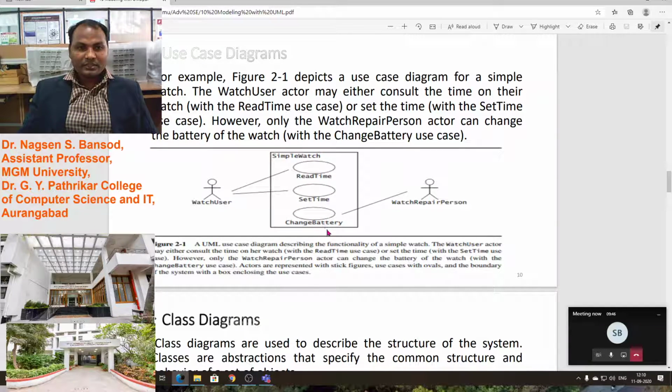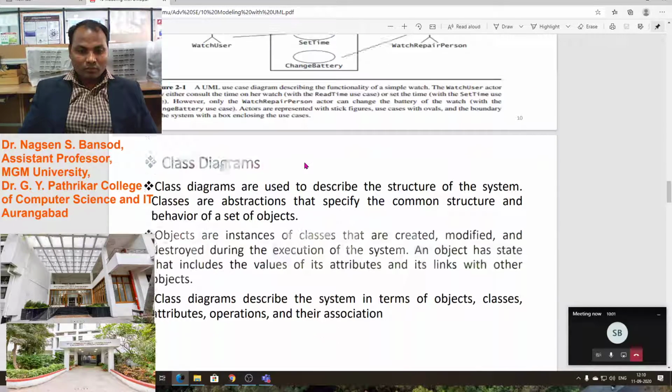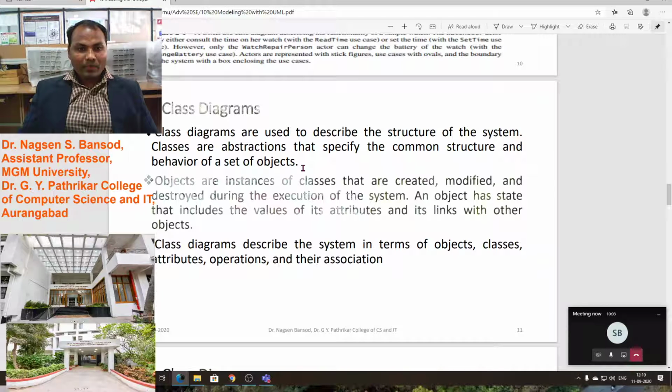In this simple watch, there are three use cases: read time, set time, and change battery. And there are two actors which are associated with the use cases. Again, we already discussed the class diagram.